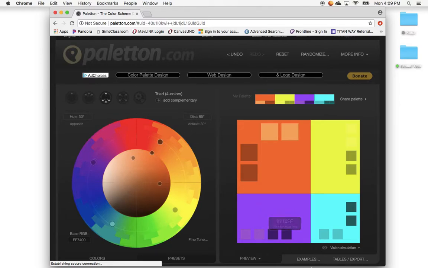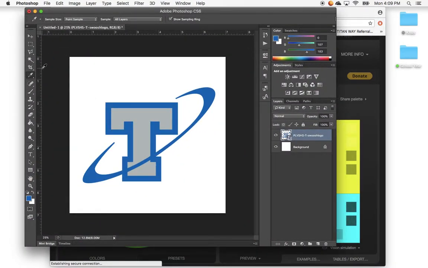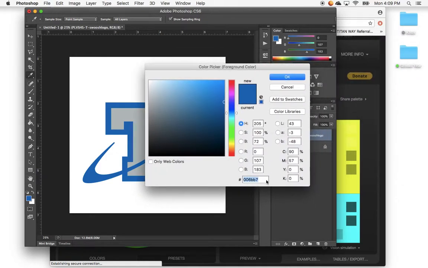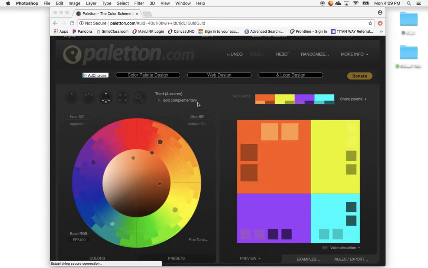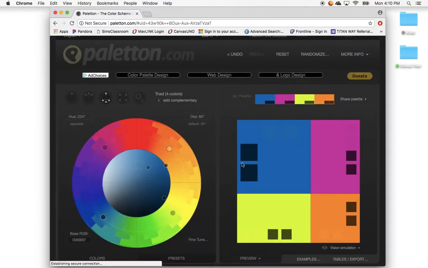in-depth. So what we can do is go into Photoshop, and I placed our school logo, and I'm just going to use this eyedropper tool, and I'm going to select the color of our logo, and then double-click, and you'll notice right here is the RGB code. So I just do Command-C to copy, and then I can go back into our color selector and go to this base RGB, double-click, and then Command-V to paste and hit OK, and then you'll notice that my school logo